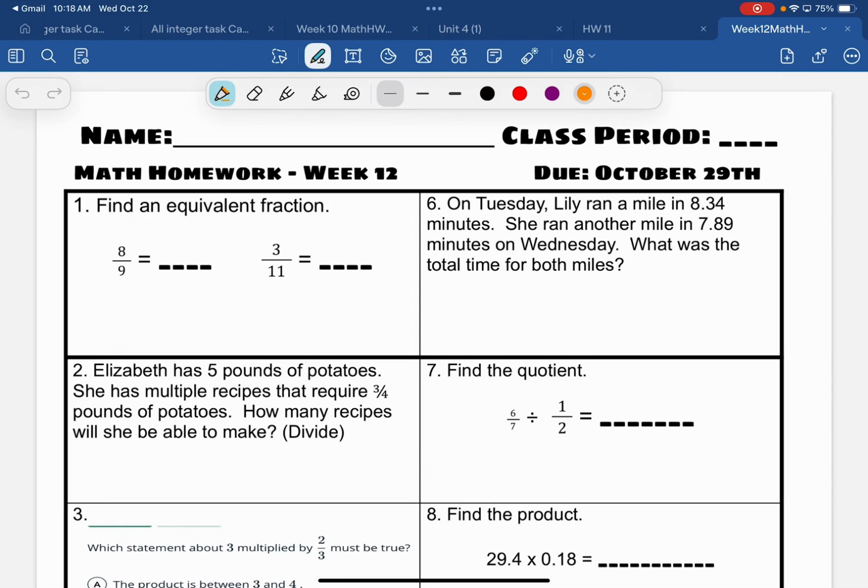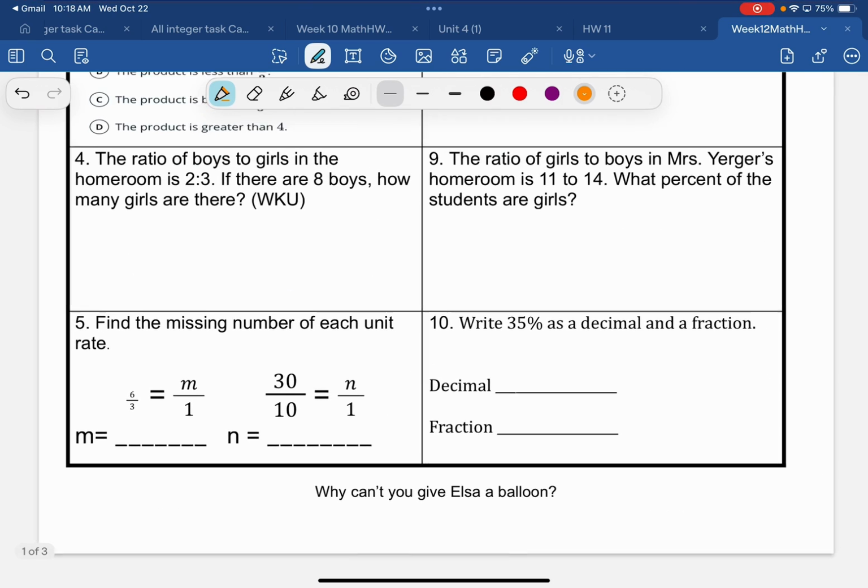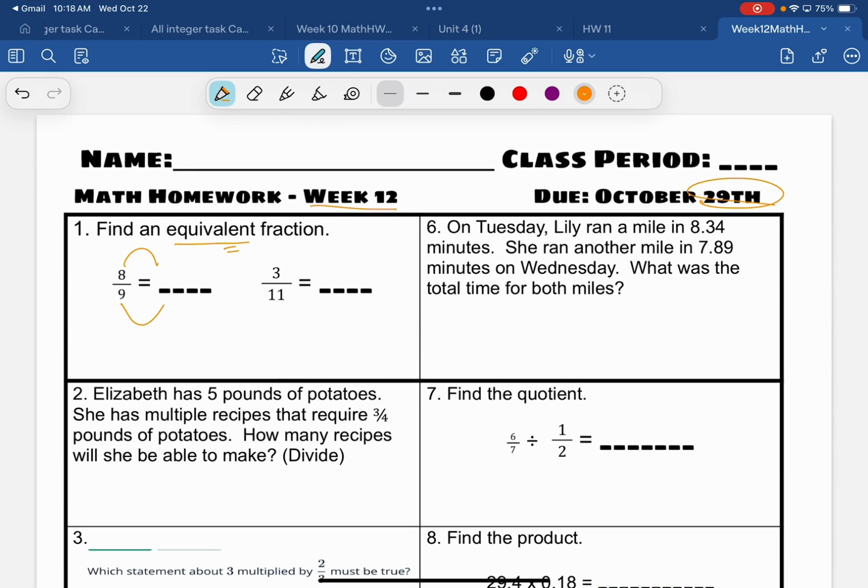So this is our math homework video for week 12, and it's going to be due October 29th. The first one says find an equivalent fraction. 8/9 equals 3/11 equals. Well, on these, you're going to get to pick whatever fraction you want because you're making equivalent, and equivalent means equal, right? So if you're going to scale factor, whatever we learn, whatever we do to the top,